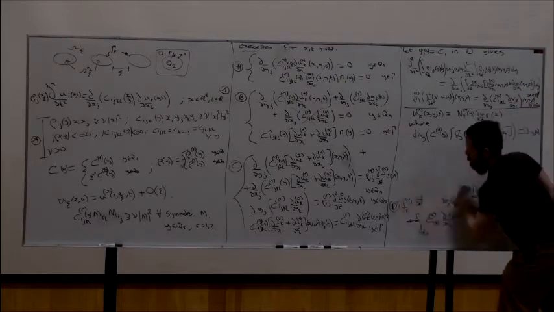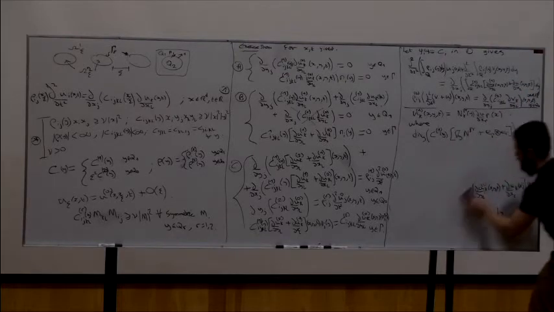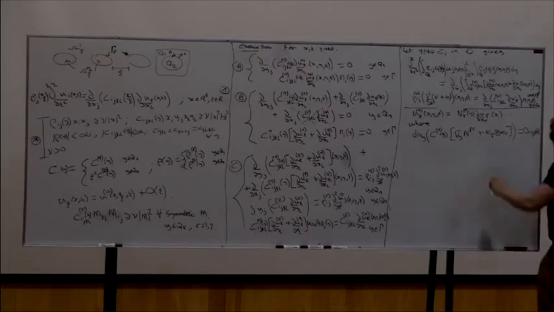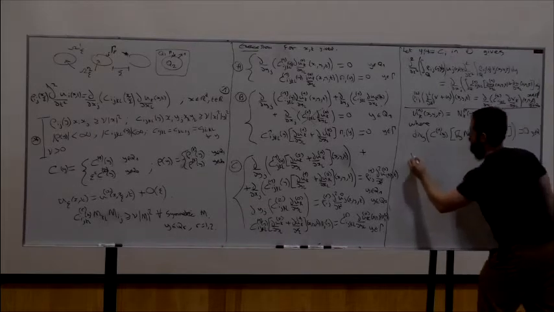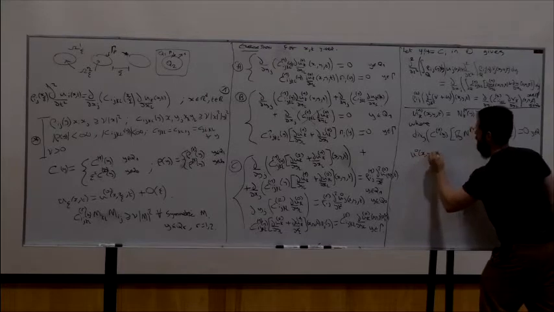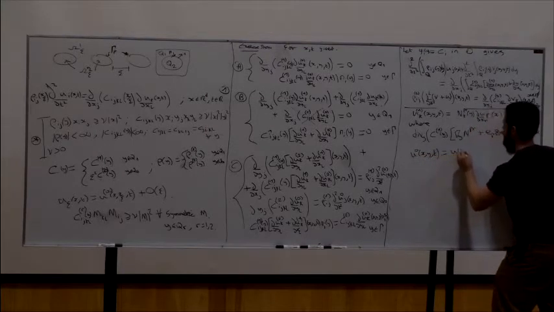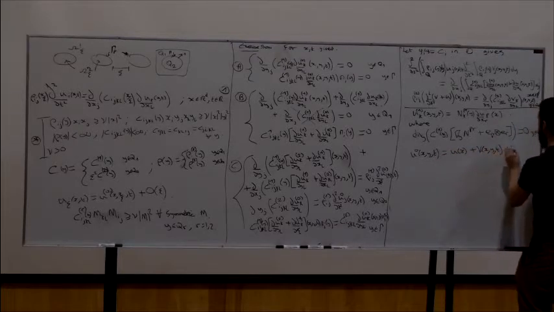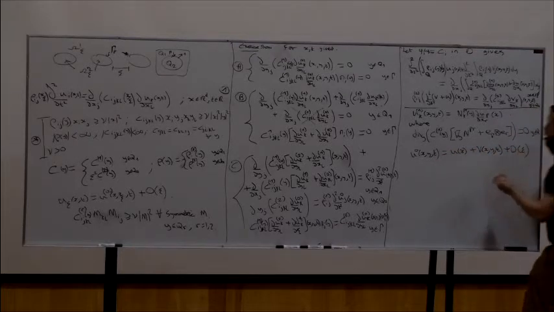And finally, after a little bit of work, and hopefully you followed enough of it to believe it, what you end up with is that u0 of x, y, t plus u of x plus v of x, y and t, plus order epsilon solves